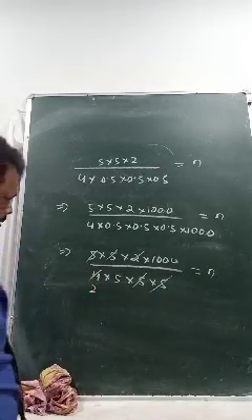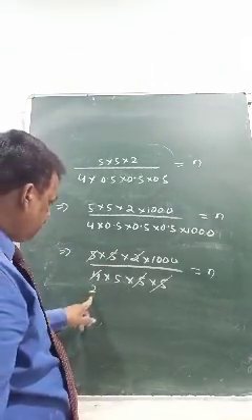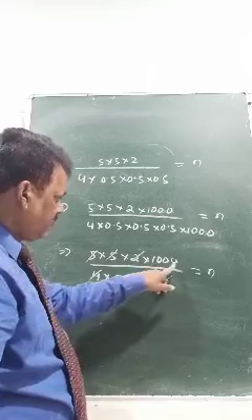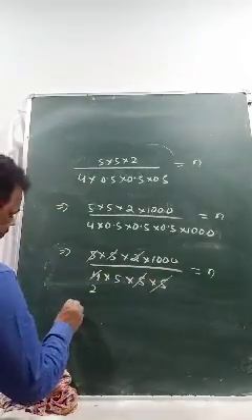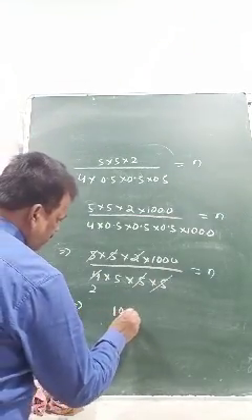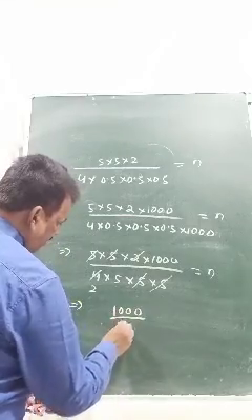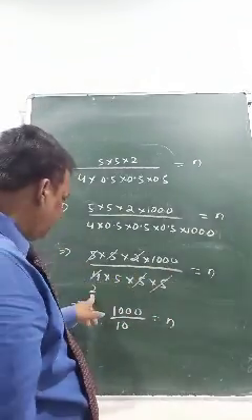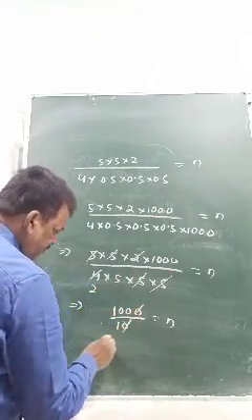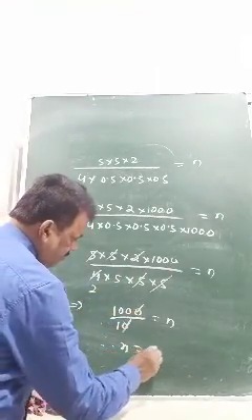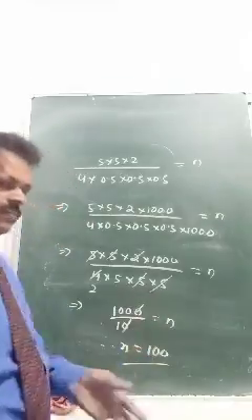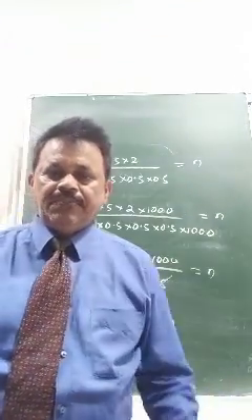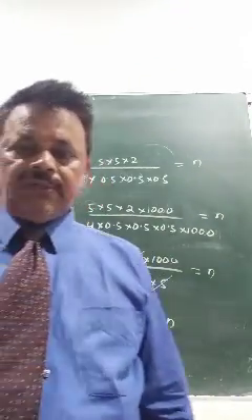2. So look at here. 5 2s are 10. 10, 1 0 will go. That means 1000 divided by 10 equals 8. 1000 divided by 10, so 1 0 is gone. Therefore, n is equal to 100. Number of leads you will put is 100. So remaining we will do in the next class.